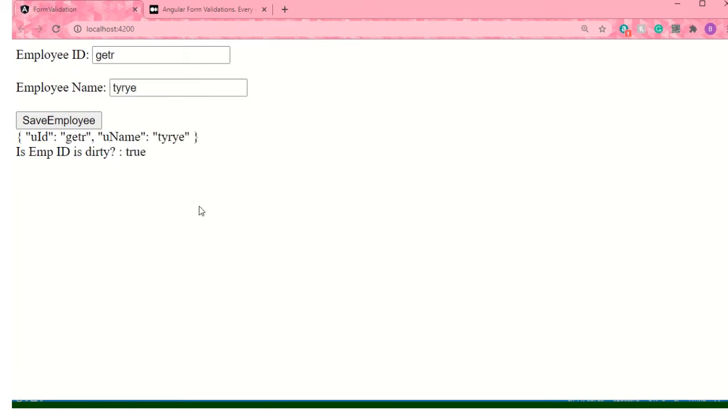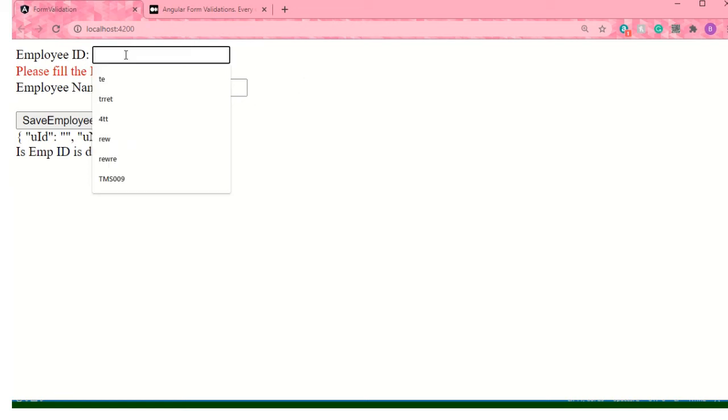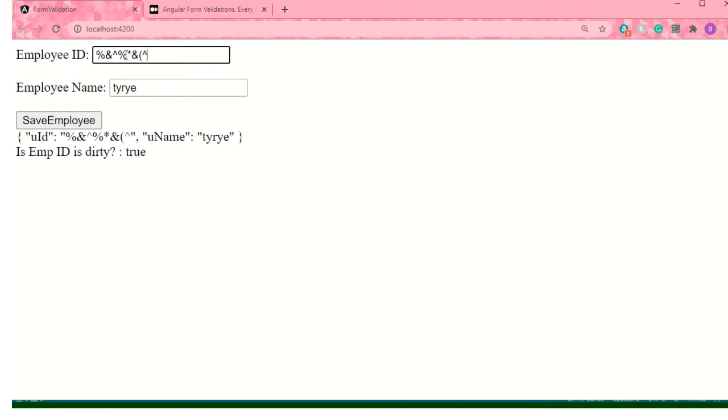Second thing is, I should be able to enter only alphanumeric in employee ID. Suppose I write like this for employee ID, it is not a good format to enter the employee ID. So that's why I have to restrict that it should be alphanumeric. Alphanumeric means only alphabets and numbers should be allowed. So what I will do,